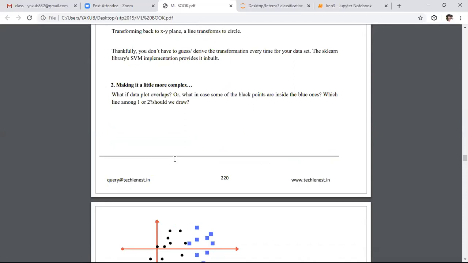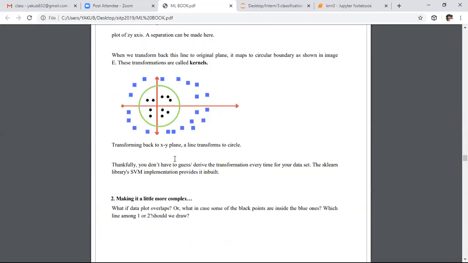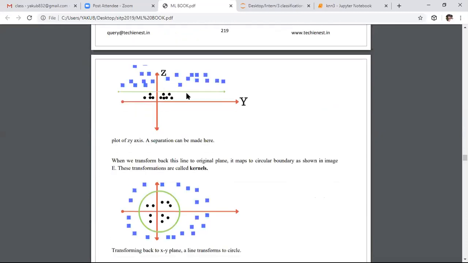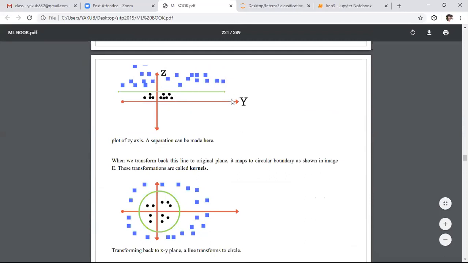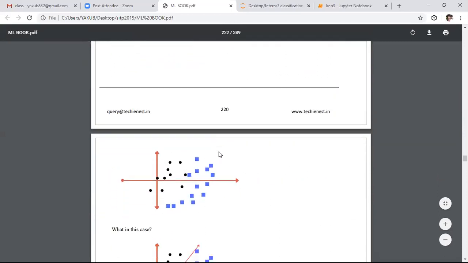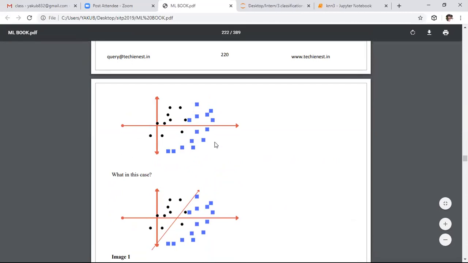After that, we can apply our machine learning algorithms easily on this linearly non-separable data. So here is one kind of problem. Here we have data in the form of 2 dimensions. For that, we converted the data into 3D by applying the kernel trick. After that, we are visualizing the data in 2D only. So here we have data points like this. We need to plot an optimum classification line, that is, a hyperplane.